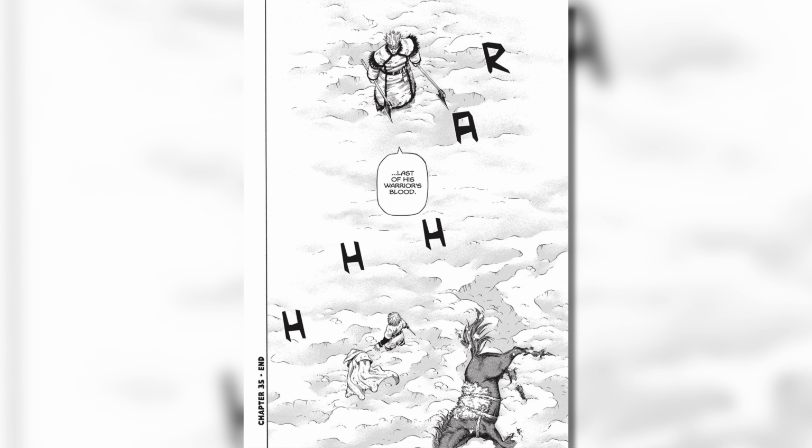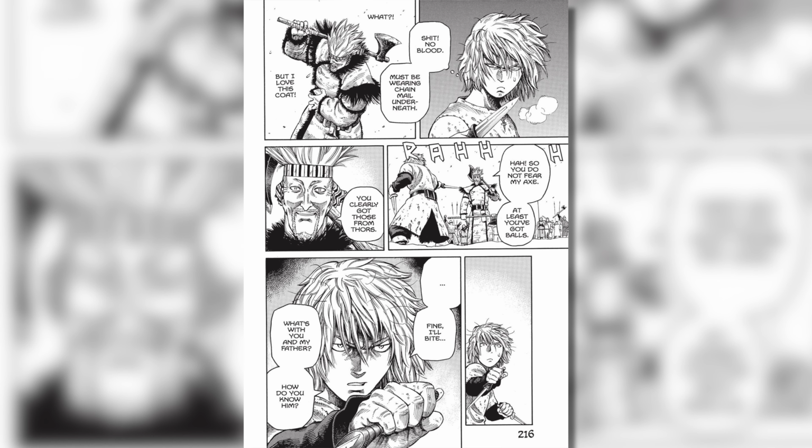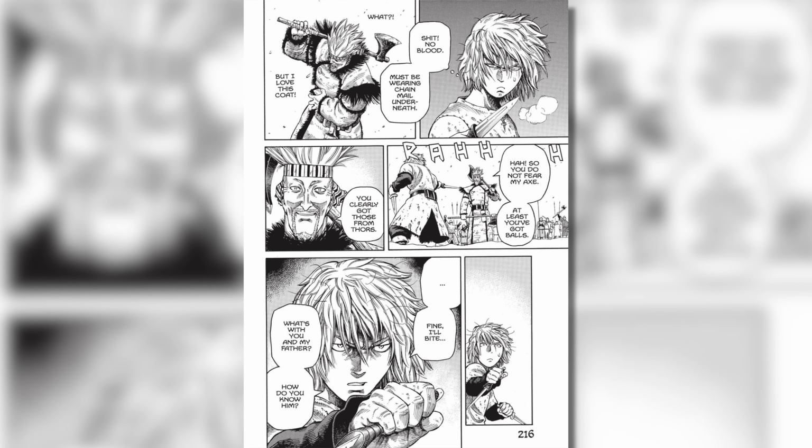Last of his warrior's blood. Yeah, that horse is dead. He just punched a horse in the chest so hard it died. What is Thorkel? And we see that the duel is going not terribly for Thorfinn at first, and he even manages to land a blow on Thorkel's chainmail,